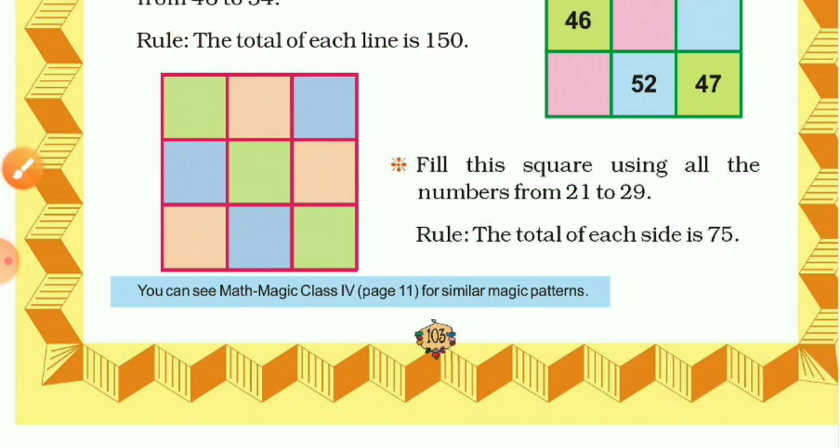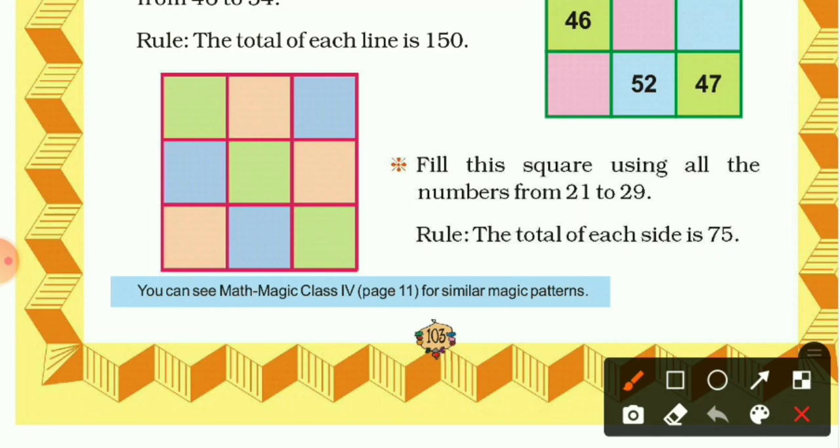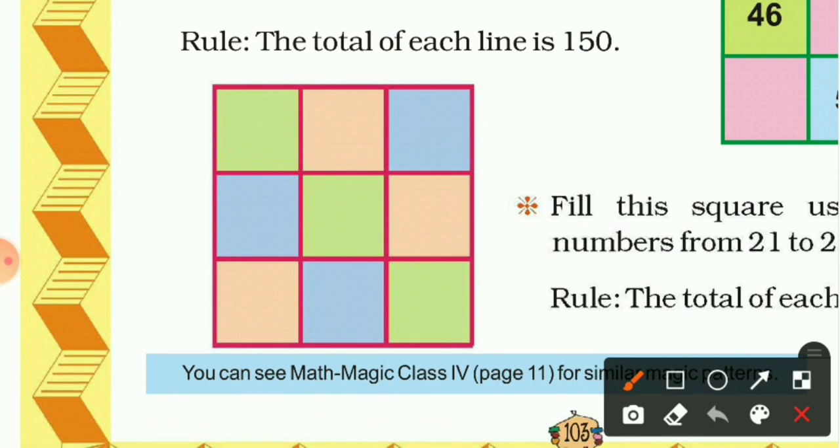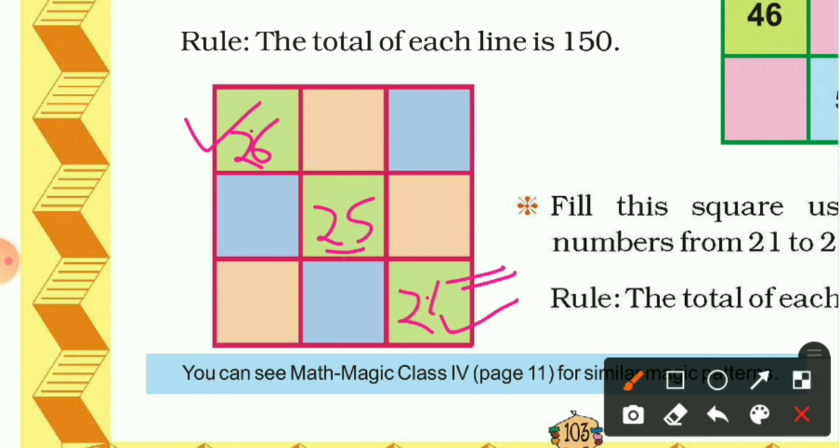So let's start it. At first what will we do? So relax. At first, at the center we have to write the 25, number 25. Okay, remember it. Now first what we have to do? Diagonally we have to fill the numbers, and for that what will we do? On the top one we will take the number which is 1 more than 25. So what is 1 more than 25? Yes, 26. And bottom side here, we will take 1 less than 25. So that is 24. Remember it.